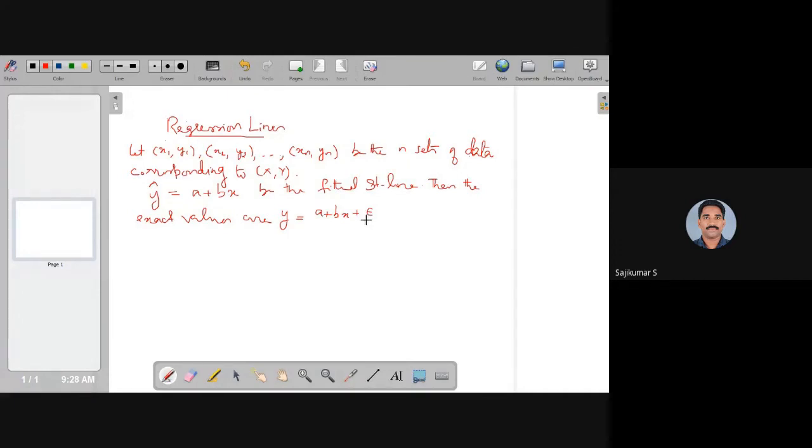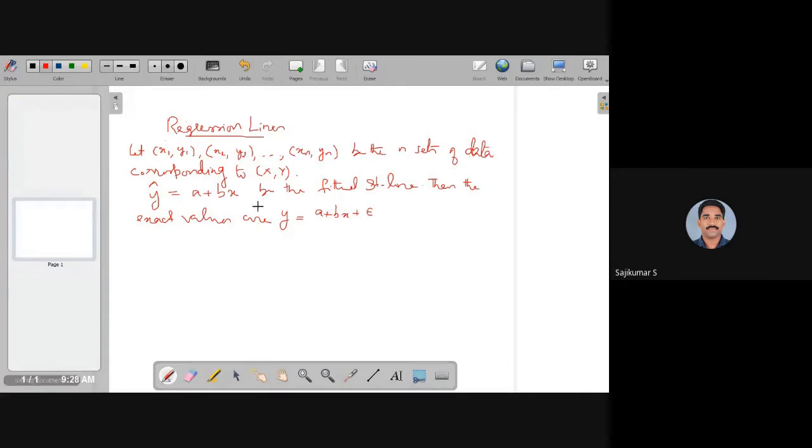So we are minimizing the sum of squares of residual errors corresponding to all the paired observations x1, y1, x2, y2, etc., xn, yn. That means suppose we are fitting a straight line, y cap is equal to a plus bx, so that it is the best fitted straight line. The best fitted straight line means that it will have a minimum sum of squares of residual errors, and that principle is called the principle of least squares.